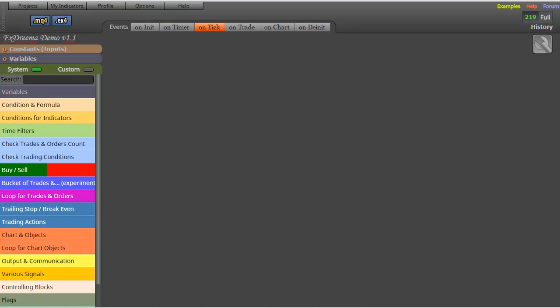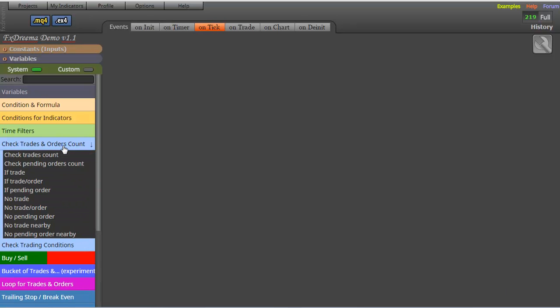Right everyone, I'm going to show you how quickly you can build an expert advisor using the FxDreema interface. First up, I'm going to do a moving average crossover type of system. I'll walk you through how it's going to be built as I'm building it. To start off with, we're going to chuck in some